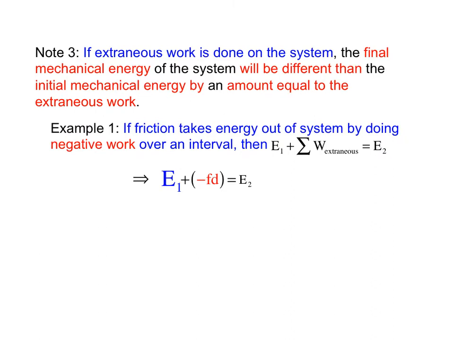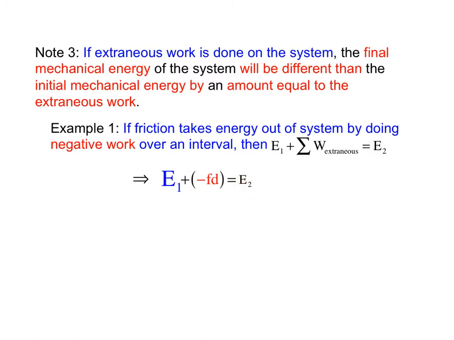Things get fun when you start having extraneous work happening in the system. So this is friction as an example. You start off with a certain amount of energy in the system, and as time proceeds through the interval, friction does work. It does negative work, which means it pulls energy out of the system, usually in the form of slowing the body down in ways that it wouldn't normally slow down. And by the time you get done at the end of the interval, the kinetic energy is less than it would normally be, which is to say that the total mechanical energy in the system is less than it would normally be. So you start with a certain amount of mechanical energy. You do negative work, you pull energy out of the system,